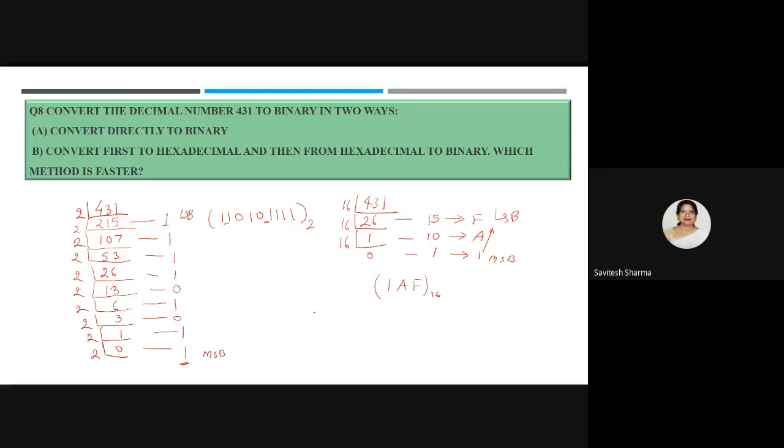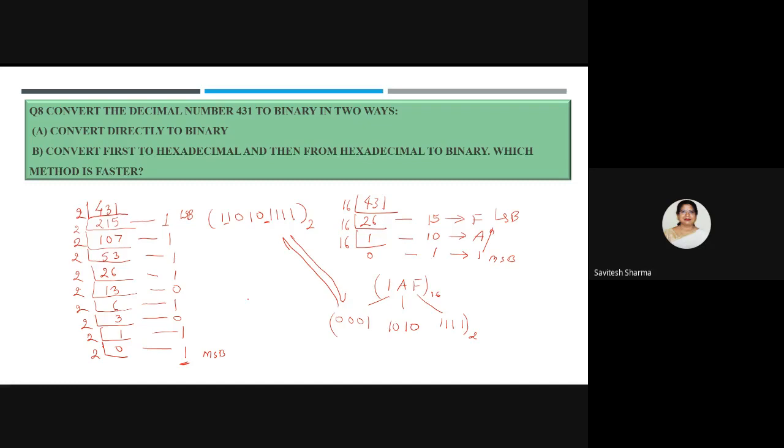So this is my hexadecimal equivalent. Once you got the hexadecimal equivalent, it is saying that you convert into binary. So what you will do? For conversion, you will again represent each digit in a group of 4 bits. So F means all 4 bits are ones. This is 10, so 8 plus 2 is 10. You see, for the 8 weight I put 1 here, and for 2 I put 1 here. And this is 1, again you write in 4 bits. So this is my binary equivalent. You can tally the result.